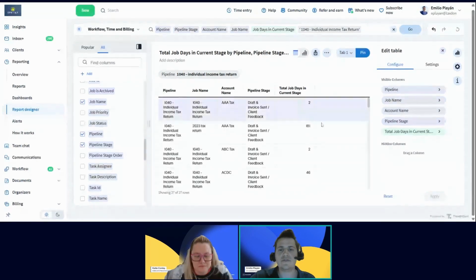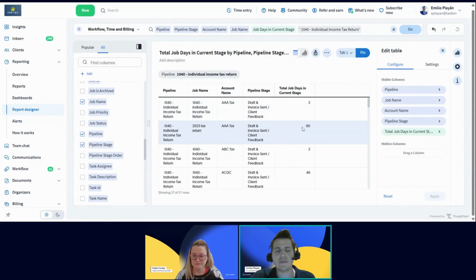This will allow you to say, you know what? Why haven't we advanced with this month's bookkeeping? Is it because we don't have the statements? Is it because we have uncategorized transactions? Is it because the bookkeeper is lagging behind? Whatever reason it may be, this will allow you to single out those jobs